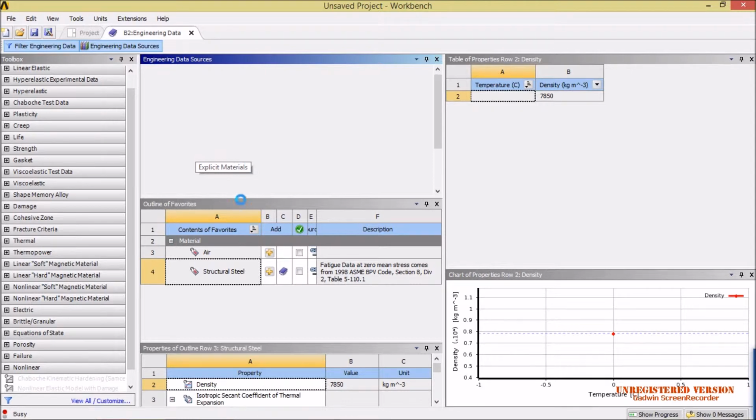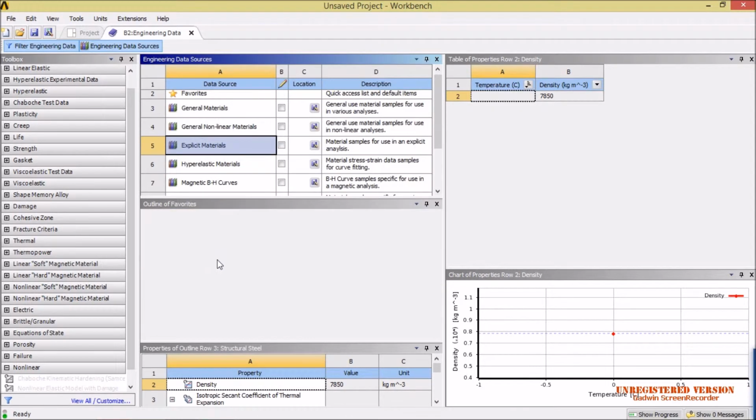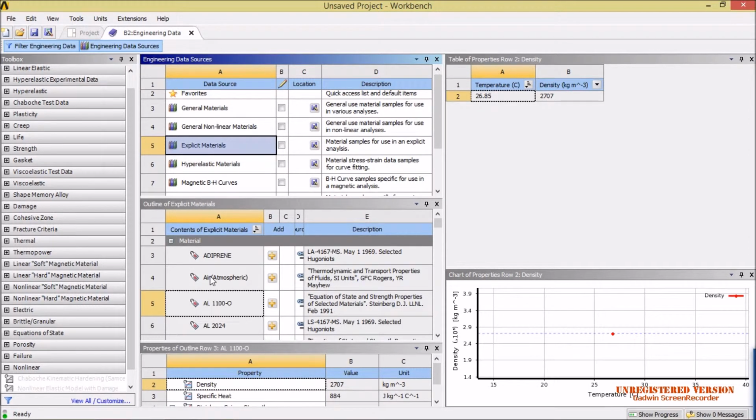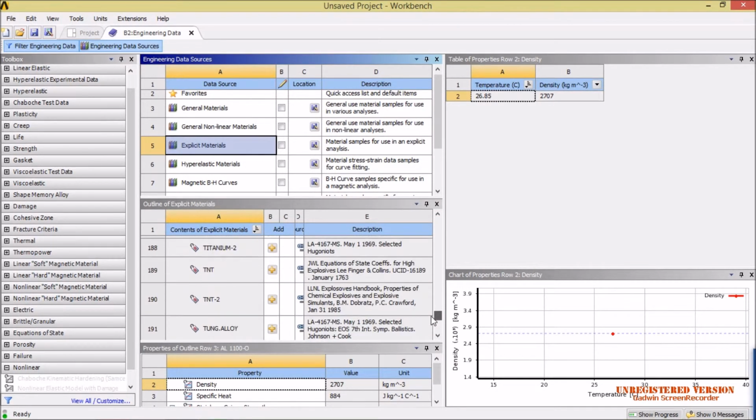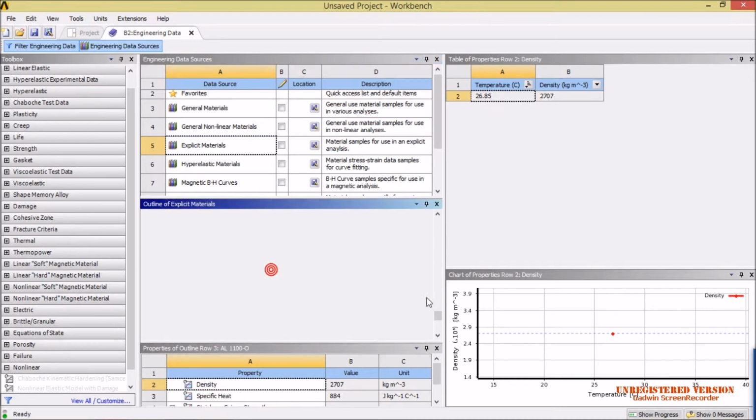It will display a couple of materials which is coming under explicit materials and data sources. So we need TNT, so go for TNT, and here we are. And to add into the data source, into the library, we need to hit this plus button,